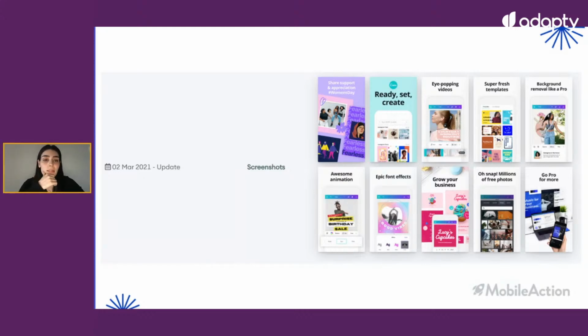And look at what Canva did back in 2021 for International Women's Day on March 8th, another great example that you can use for your app if it's applicable. For sure, what Canva did here is basically the easiest and simplest way to implement seasonality or special events in your screenshots. But you can also use your creativity and create whole new screenshot sets and create a seamless look and feel for your users.